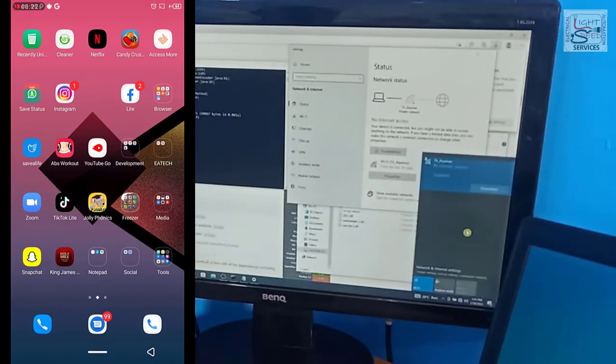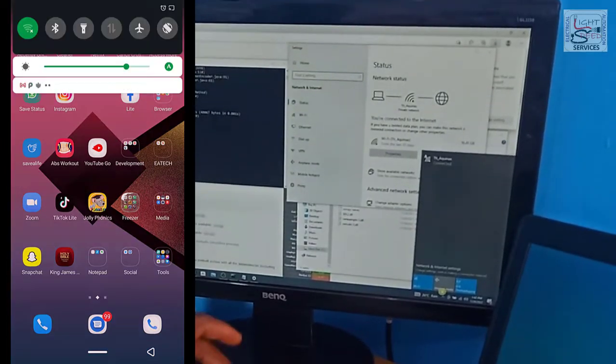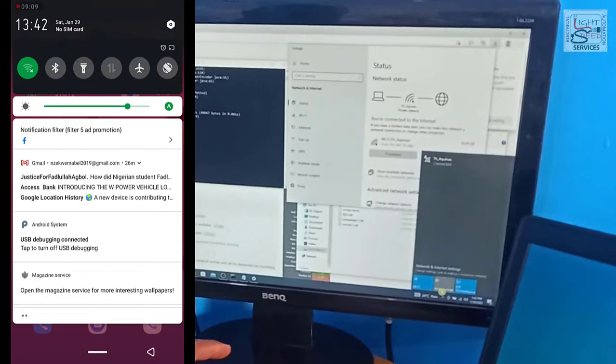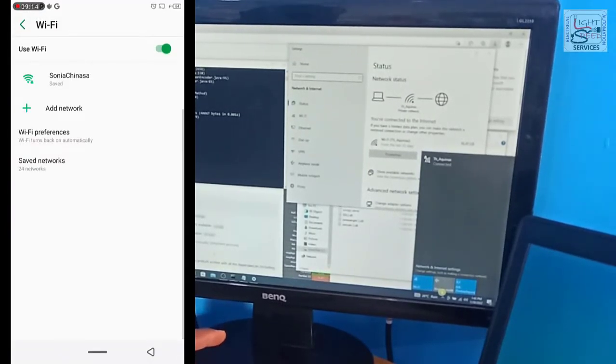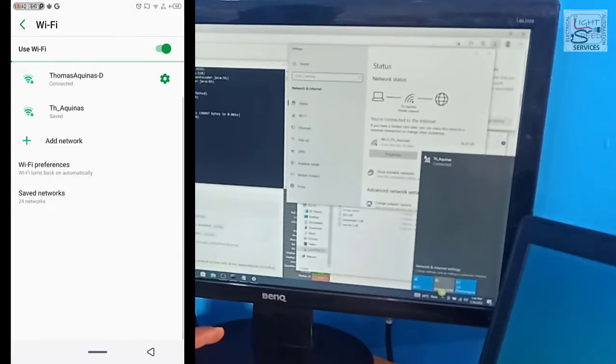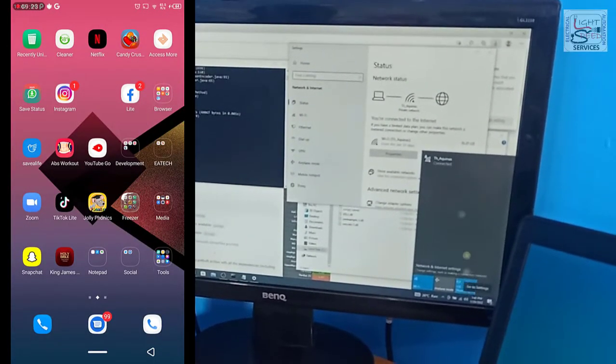The next step is to connect both the phone and the laptop to one Wi-Fi network. I don't have a separate Wi-Fi network here, so I'm going to use my laptop to create a hotspot, and then I'm going to connect my phone to that hotspot so that the two of them will be on the same network, because I need the IP address of the phone to connect with it. So this is what makes connecting to a free Wi-Fi dangerous, because the network administrator will always have access to your IP address, and they can use this.